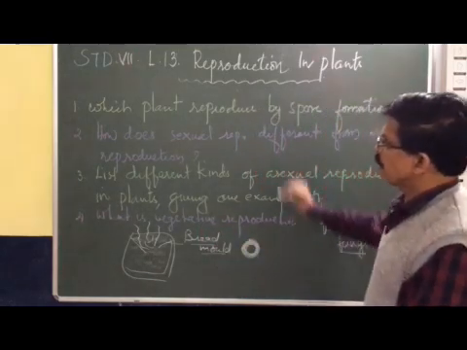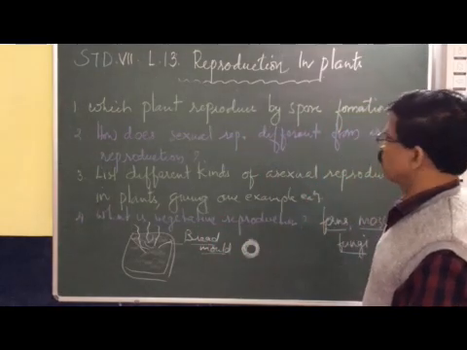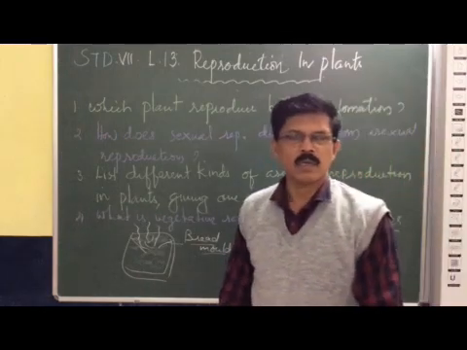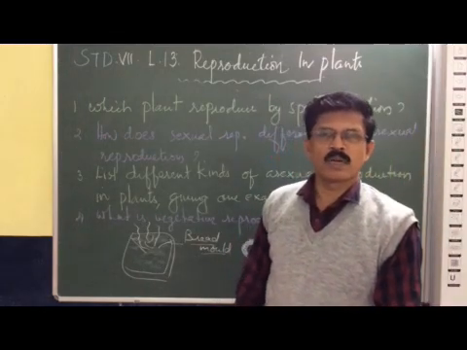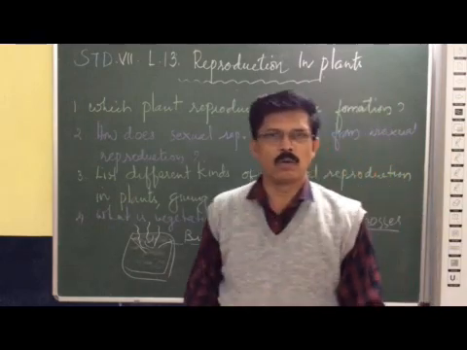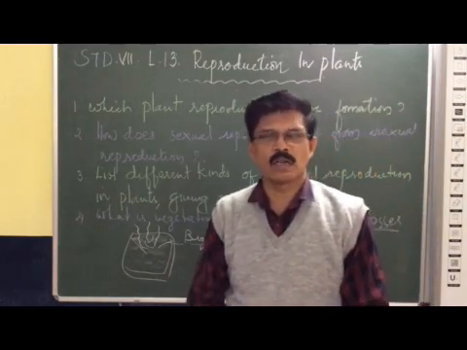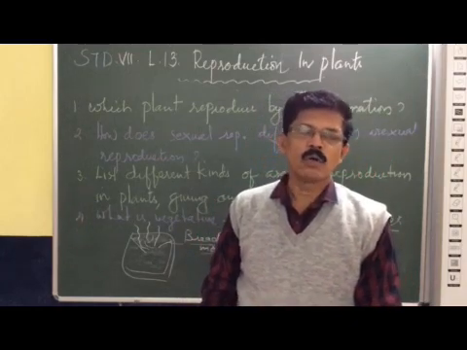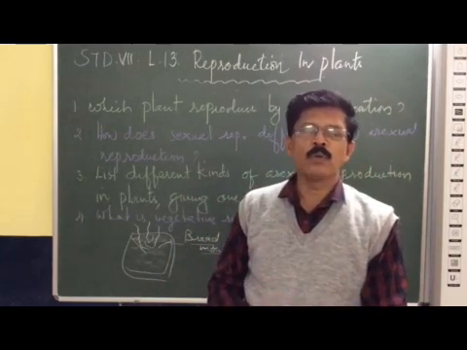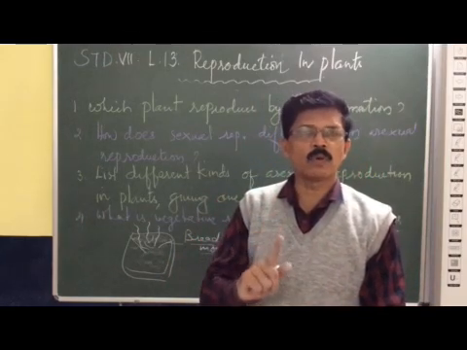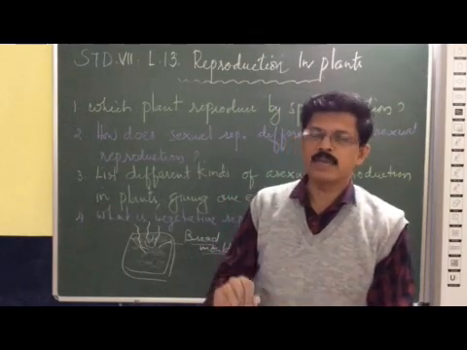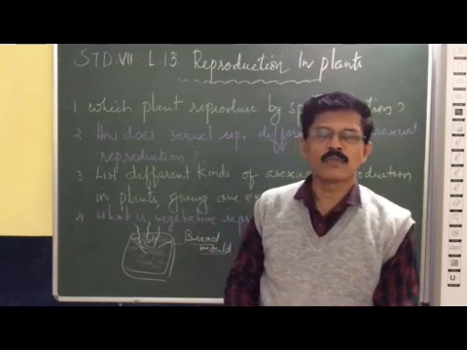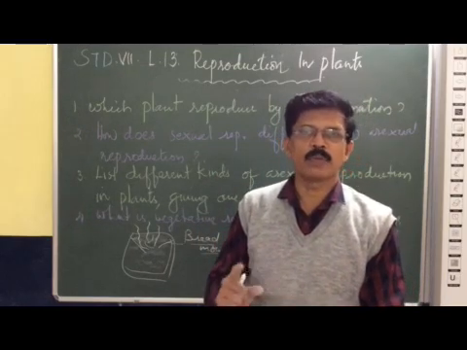Okay. Right. Now the second question: how is sexual reproduction different from asexual reproduction? We have already studied sexual reproduction and asexual reproduction. Let me tell you first about asexual reproduction. In asexual reproduction only one parent is involved, whereas in sexual reproduction two parents are involved. And these two parents we can say are male and female parents. So in asexual reproduction, the new organisms are formed from a single parent, whereas in sexual reproduction, the new organisms are formed by the fusion of the gametes from two parents.